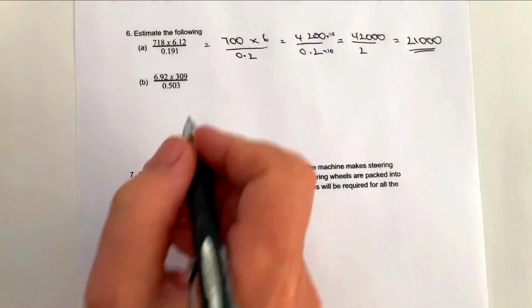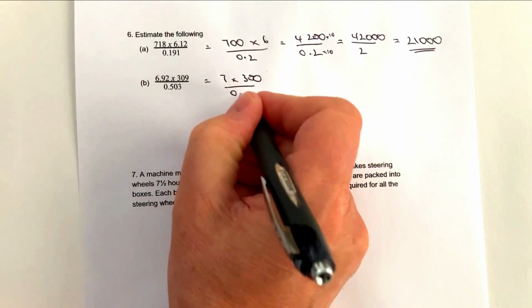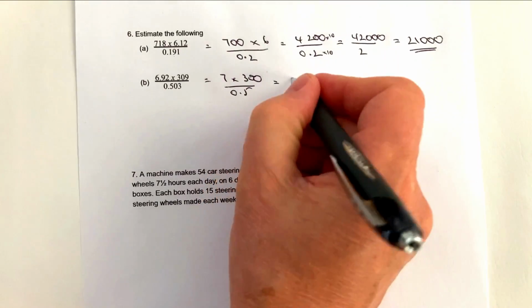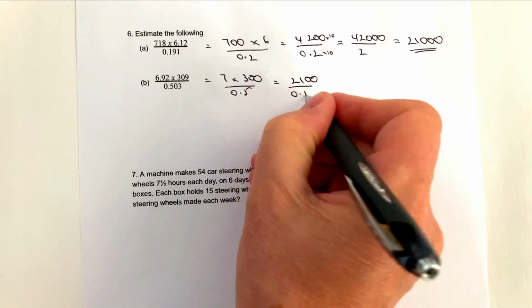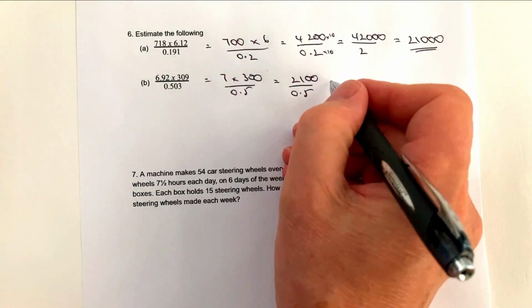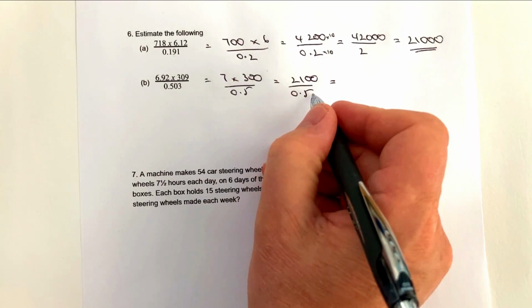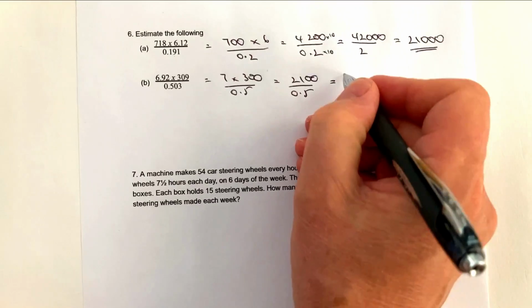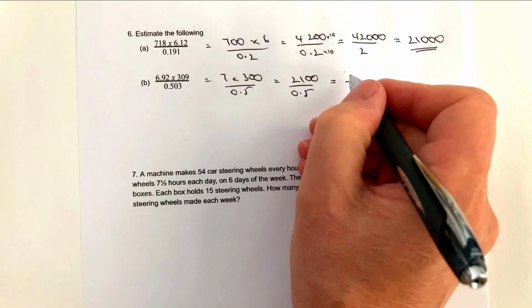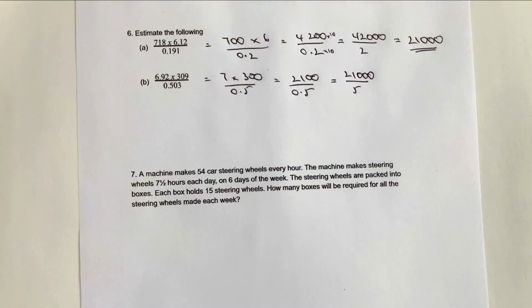Roughly the same in the way that we do it. It's going to be 7 times 300 divided by 0.5. So that's going to give me 2,100 over 0.5. Okay, don't want to divide by 0.5. What I want to do is multiply that through by 10 rather, so that's going to be 5, and this would be 21,000. Okay, and if I divide that through by 5, and I would do that just using short division, that's going to get me